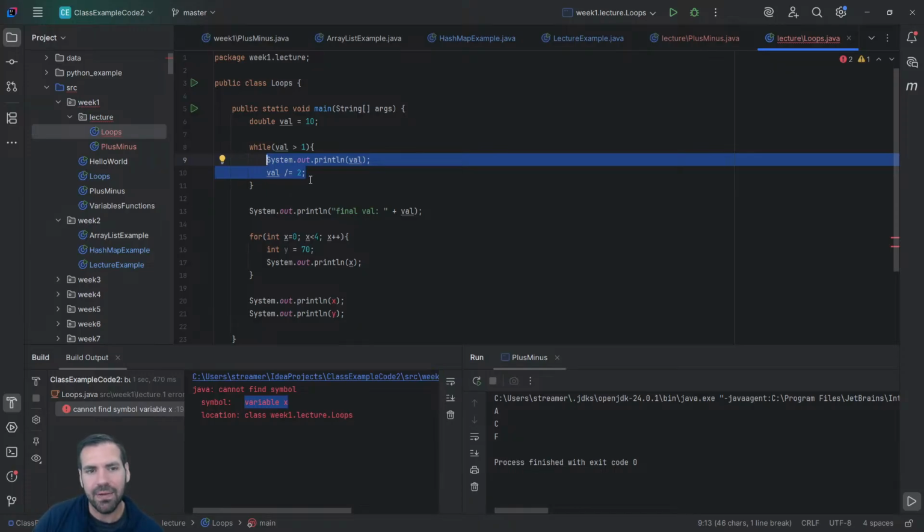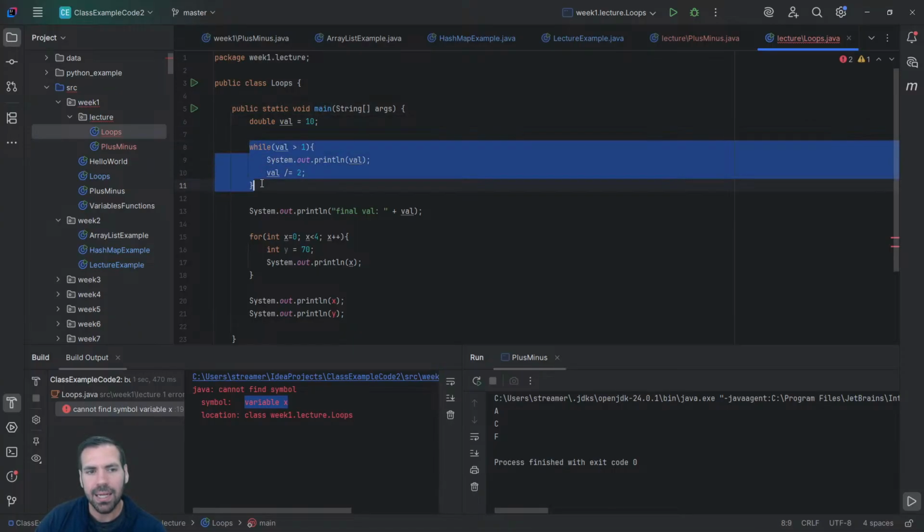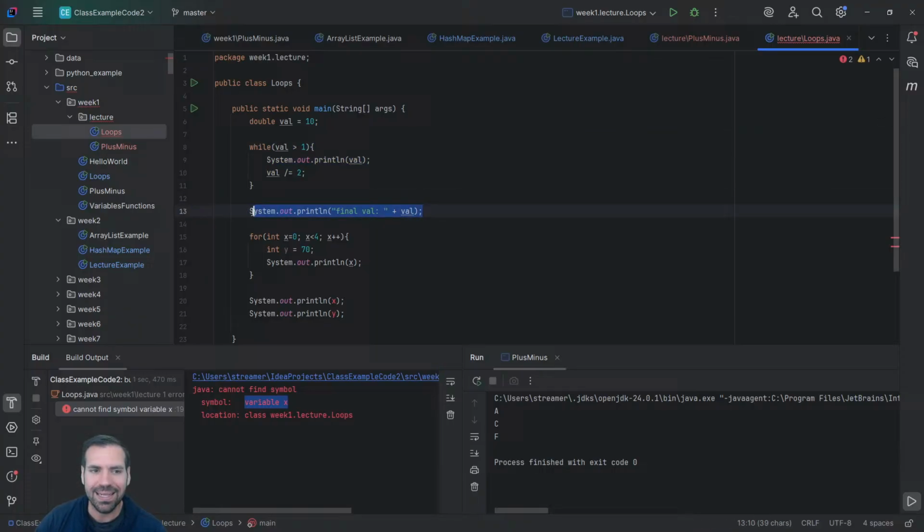So that's why no variables were destroyed here, and I can still access val. Even though val has everything to do with this loop, since val was declared before the loop started, this variable was in the main stack frame, but not in the while loop code block,